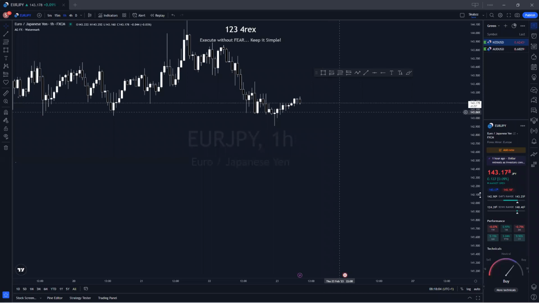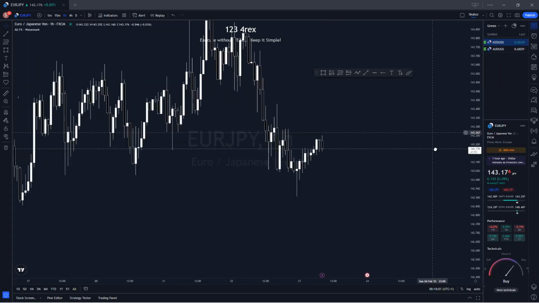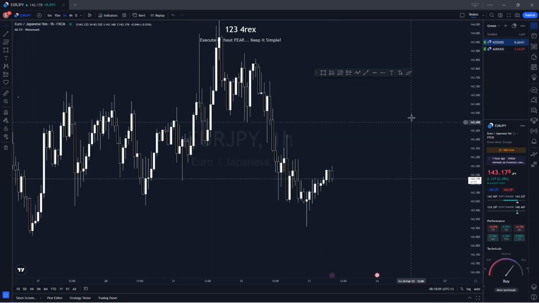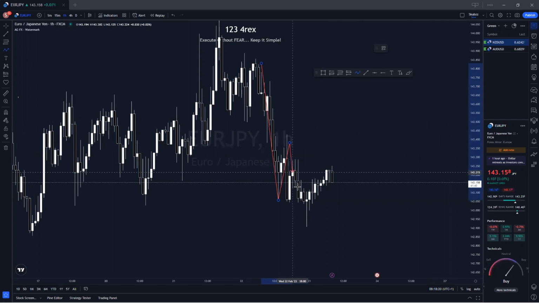So let's look at this. This pair is very, very tricky. Honestly, I won't lie, it's very, very tricky. So we sort of created this low here. I'll not call it a lower low. And then we did a high here. The way I'm analyzing this one, it looks as if I'm forcing it.